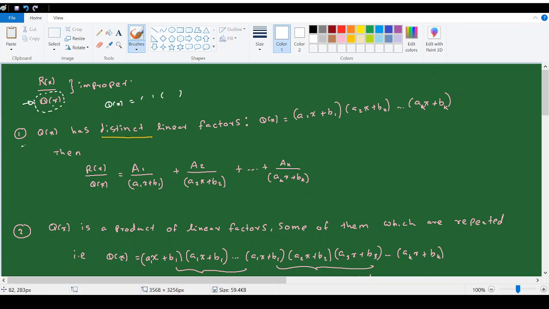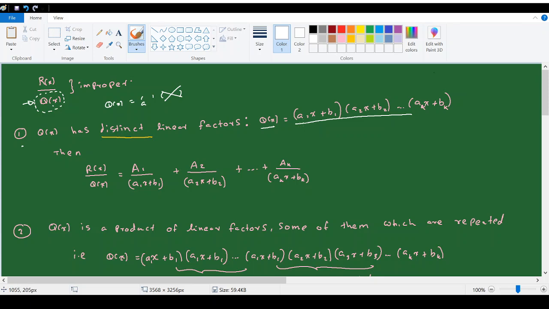Now the first category is if Q(x) has no irreducible quadratics and these linear factors are distinct, right? Like for example, if we have Q(x) like this, now this is the general format. If we have Q(x) like this,